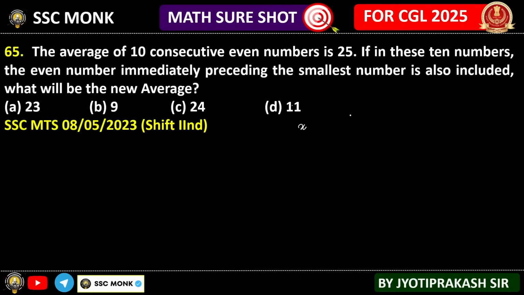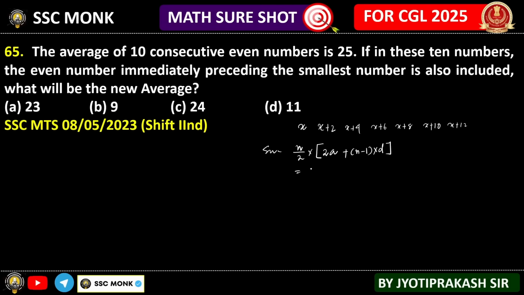Same way. So what will I do? Let's say the next are x plus 2, x plus 4, x plus 6, x plus 8, x plus 10, x plus 12 and so on. Then you add it and find the whole thing, right? Or you can simply say, sir, this is in arithmetic progression. So the sum is equal to n by 2 multiplied by 2 into a plus n minus 1 into difference.